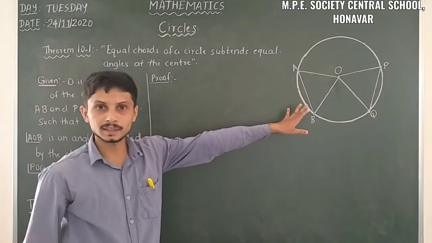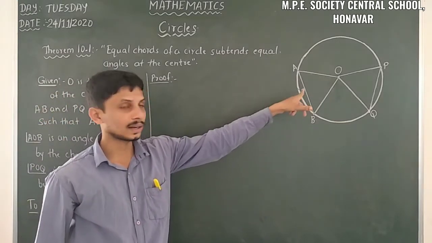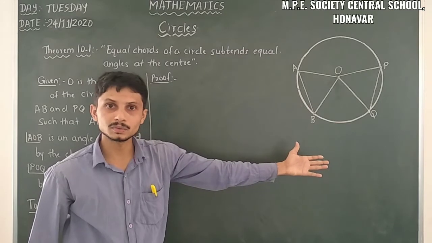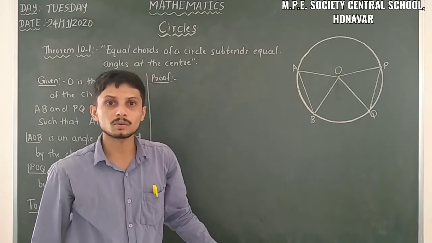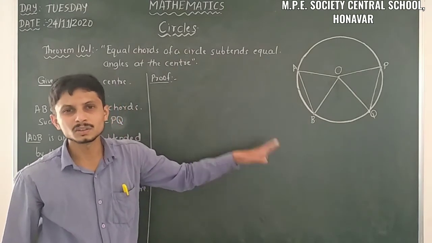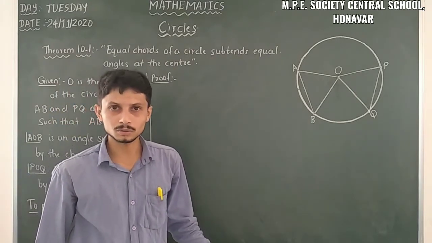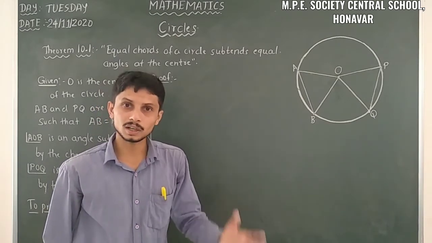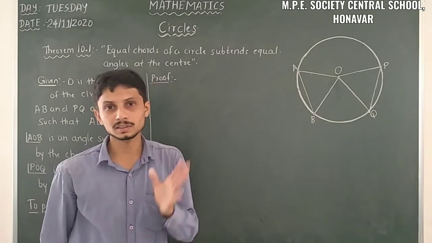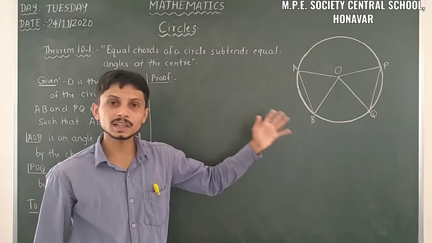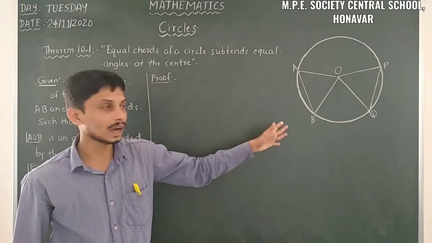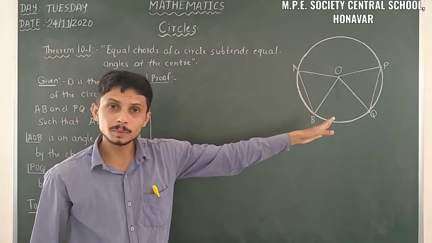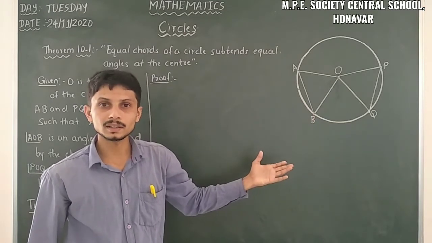So here there are two triangles, that is triangle AOB and triangle POQ. In those we have to find the equalities, so we have to use the congruence rules. Because when we have triangles, we have to deal with the congruence rules. After triangles, in quadrilaterals also we are dealing with the same things, and here also. So let us consider those two triangles. We have to prove that corresponding parts are equal.